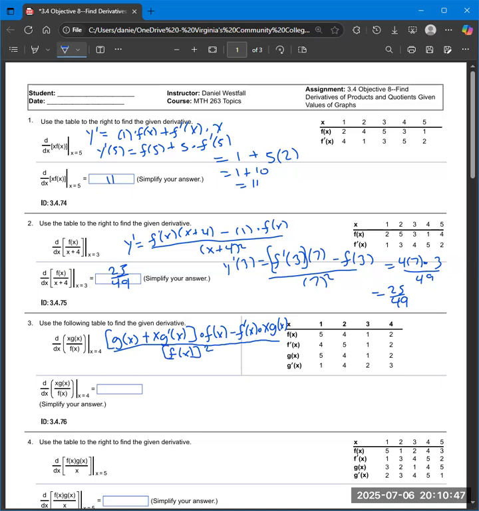So g of 4 is 2 plus 4 times g prime at 4 is 3